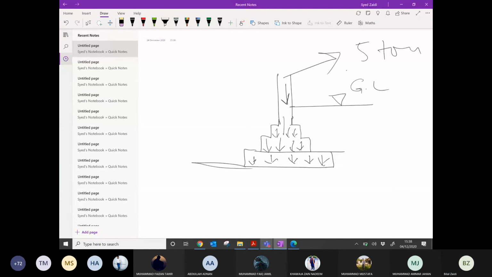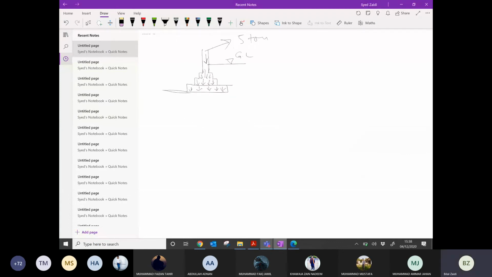Why? For example, just assume that this is the ground level. If you have a steel rod like this, and you try to insert this steel rod into the ground, it will be very easy. You just apply the pressure on the top and it will penetrate into the ground.